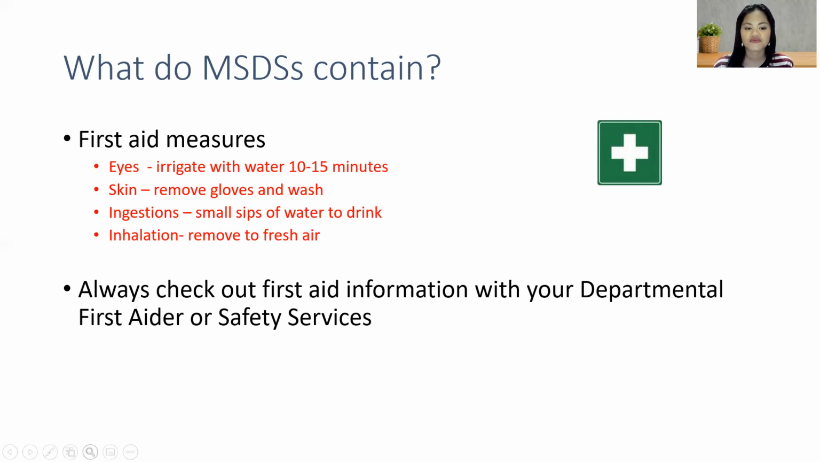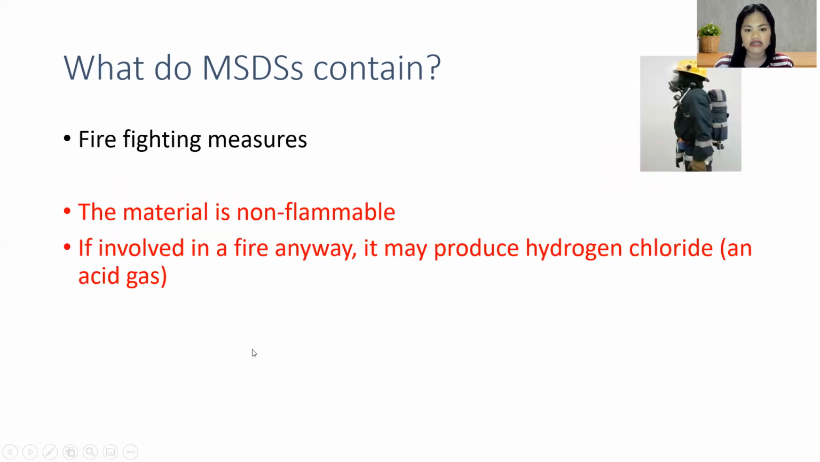Okay, so last one is to always check out the first aid information with your departmental first aider or safety services. Okay, so you get to have this information in the MSDS. Okay, so another information that MSDS has is the firefighting measures. So it also says if the material is non-flammable or it is flammable. So you should stay away